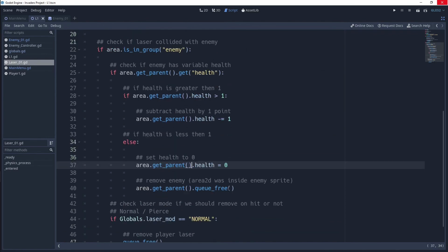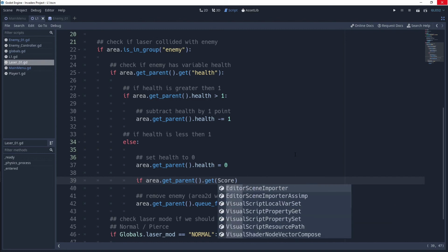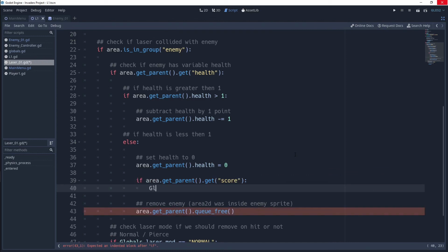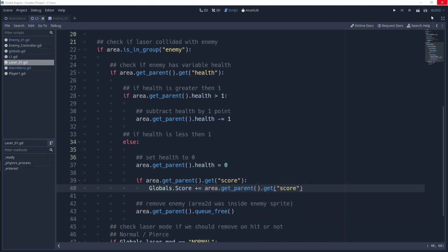And down here where we have the health, we're going to check if area.get_parent().has or .get score, then globals.score plus equals, copy, area.get_parent().get score. Now if we play test the game,